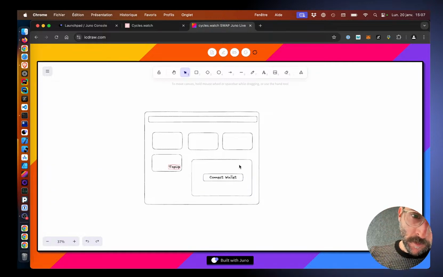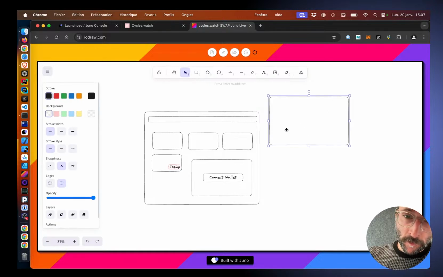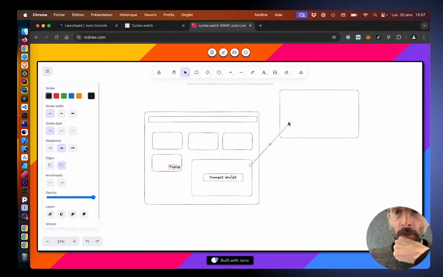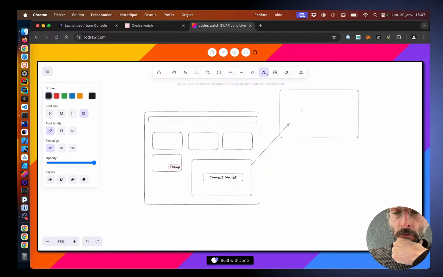We don't have any ICP here, but we add a connect button so that, for example, we connect the dApp, let's say with OZ wallet or the Juno dev wallet,